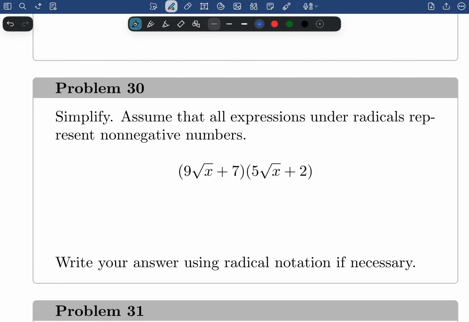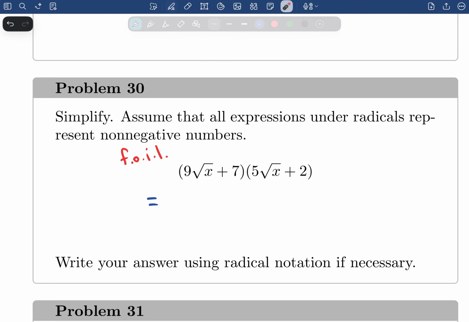And whenever you see that, just think of polynomials, how you would multiply 2 polynomials together. You would FOIL: first, outer, inner, last multiplication. And so I'm going to multiply 9 times the square root of x times 5 times the square root of x. Now, 9 times 5 is 45. And the square root of x times the square root of